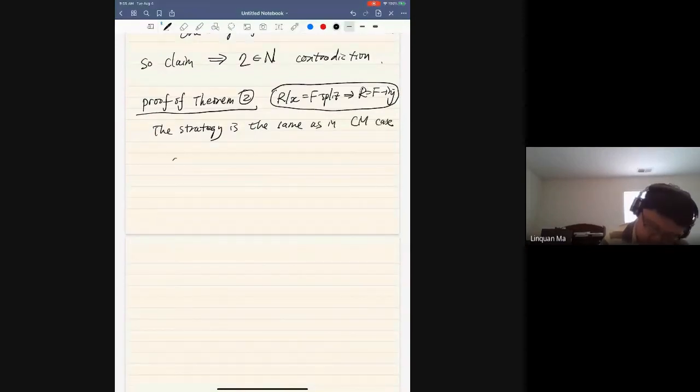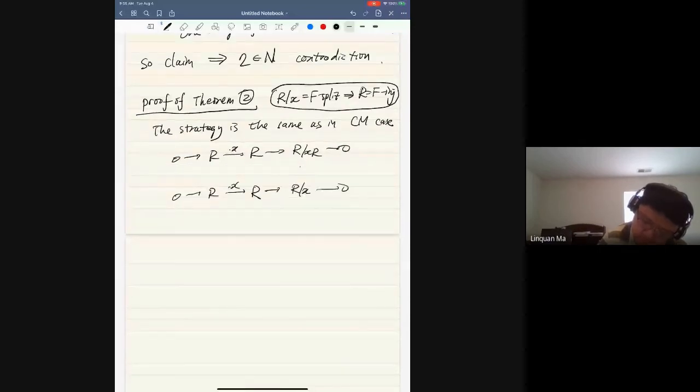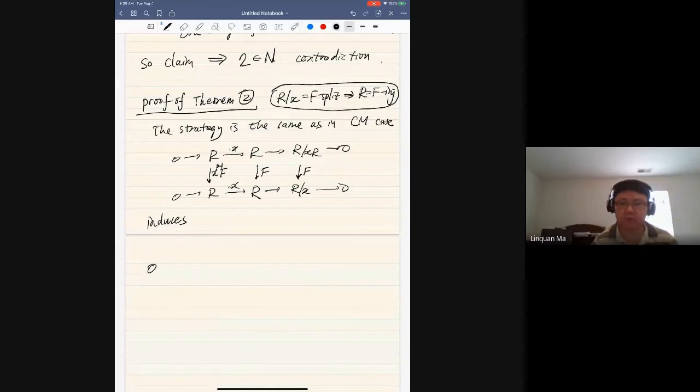Okay, so we have this commutative diagram. Here's the natural Frobenius, here's the natural Frobenius. Here is the natural Frobenius post-composed with x to the p minus 1. Okay, and so now it induces a map, right? I want to look at the ith local cohomology now. So I have H_m^i(R), multiplication by x,